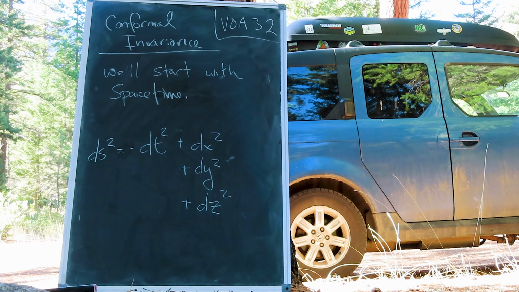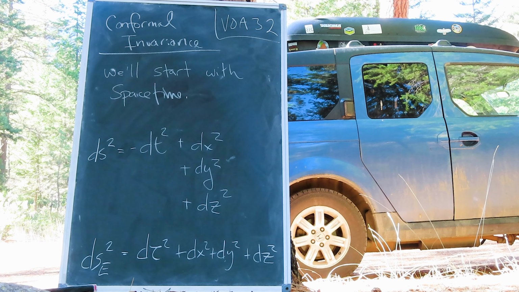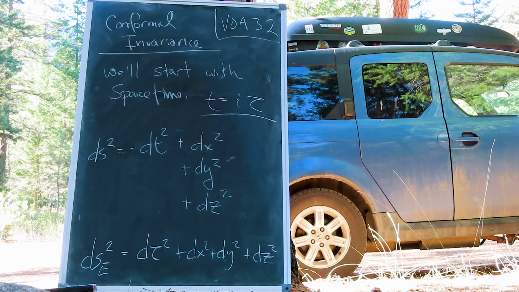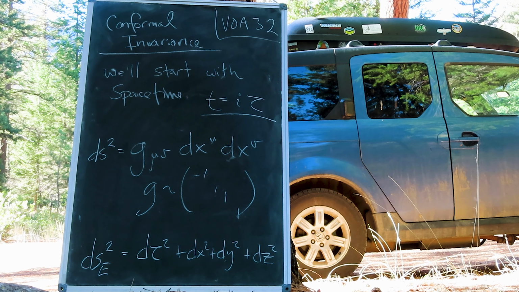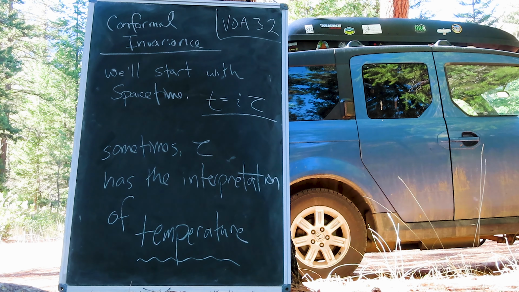The line element of Minkowski space has the characteristic change in signature, which for today's lecture we've reversed all the signs. This change of choice happens all the time in physics and isn't ultimately meaningful. What is meaningful, of course, is the difference between Minkowski and Euclidean signatures, as presented here in the line element S sub e. The metric used to form these line elements and contract, raise, and lower indices in our vector calculus is diagonal, and has the same signature as the line segment. Fun fact, sometimes imaginary time has the interpretation of temperature, when, for example, we pass from quantum field theory to